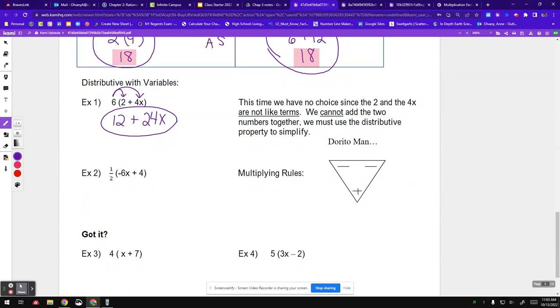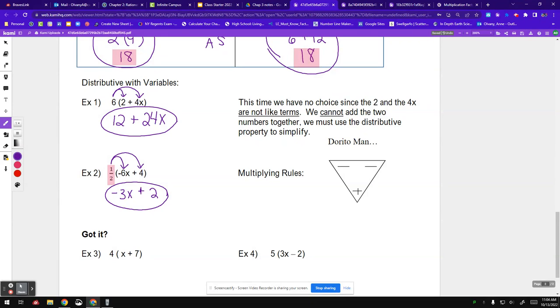Let's go to example 2. Do not be thrown off if you have a fraction right next to the parentheses. Again, notice it's a number right next to the parenthesis. There's no operation. It's not 1/2 plus or 1/2 minus. It's just 1/2 parenthesis. That is your clue that you're going to distribute. Half of -6 is -3. That has an x with it. Plus half of 4 is 2. Notice I said of. Of is a keyword to multiply,